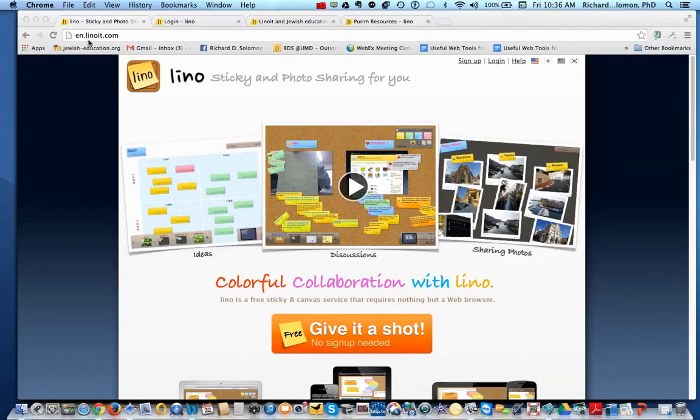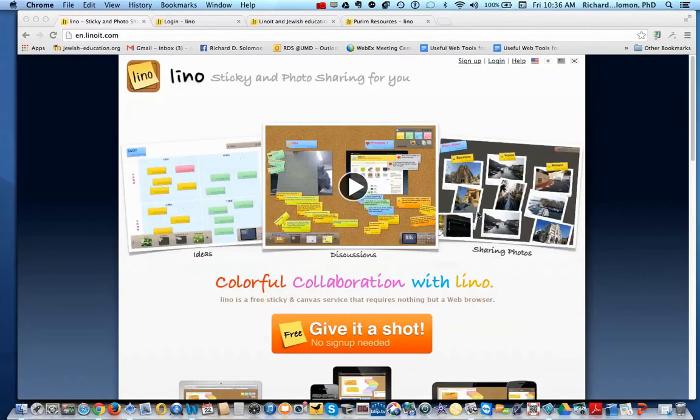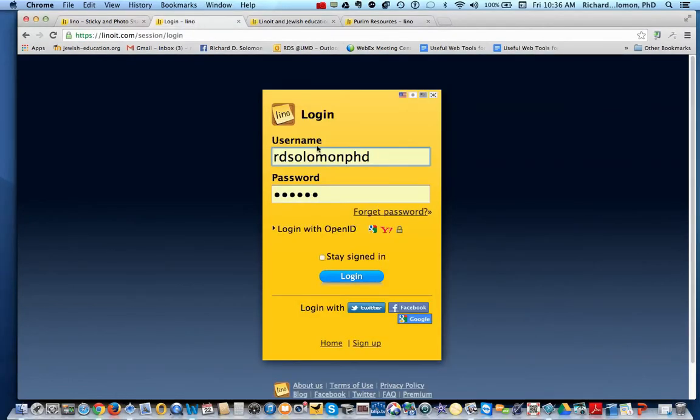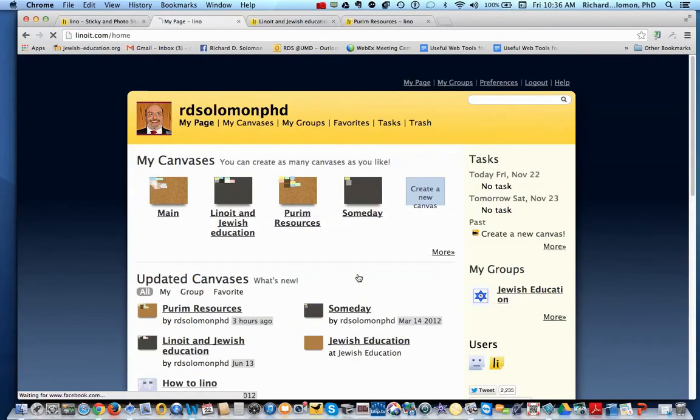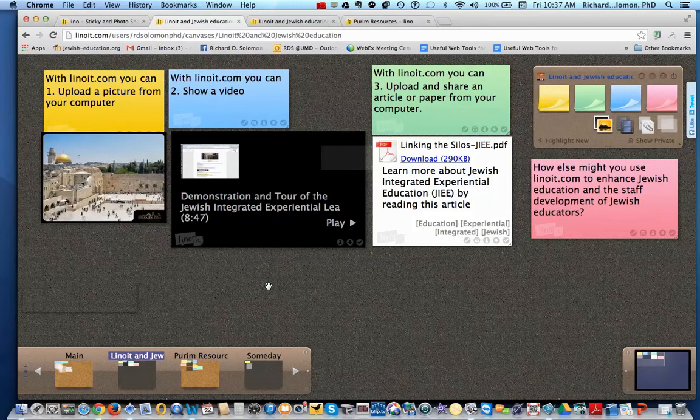It's en.linoit.com, and if you click over here, you can sign up for Linoit, all right? Or you can sign up right over here. So let's first go to my sign up page. You then just log in, and that'll take you to the different Linoit canvases that I made. Here is a Linoit canvas that I made on